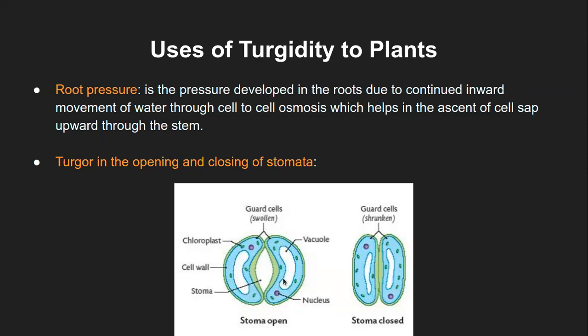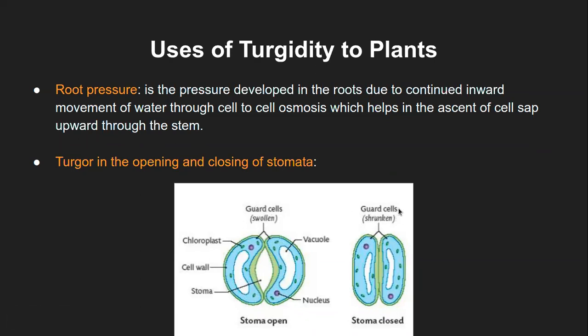Now, these stomata are made up of two guard cells. What you see here is the guard cell. These kidney bean shaped cells are called guard cells. When they are in a turgid state, that is when they are completely swollen and have a lot of water inside, they create an opening at the center, and that is nothing but your stoma or stomata.